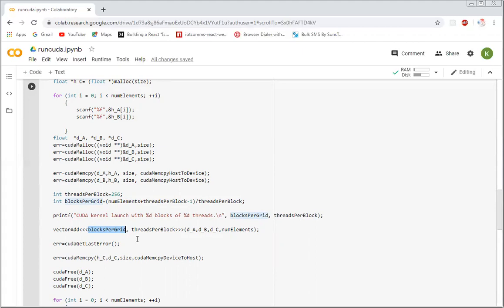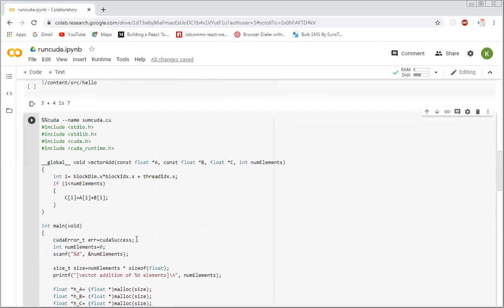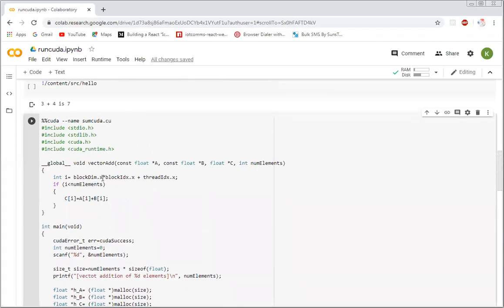So we will go in detail, but for now, let us understand. Just keeping x means just a single dimension, so one value. So what is the block dim? And this, if at all we were having more blocks.